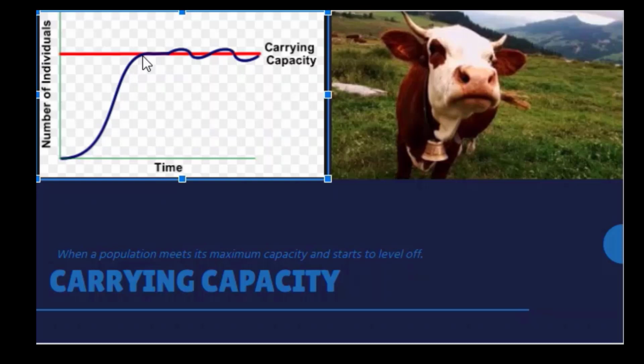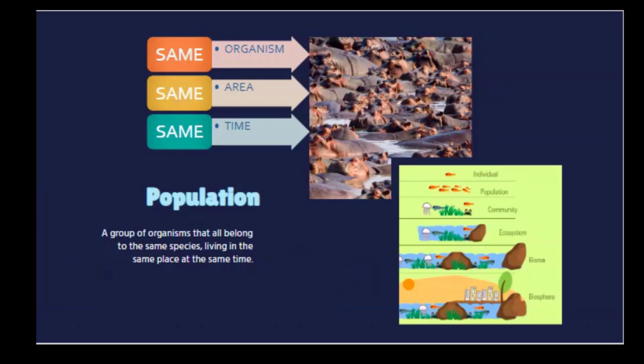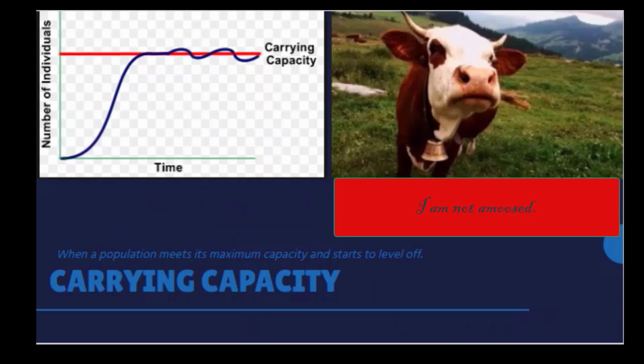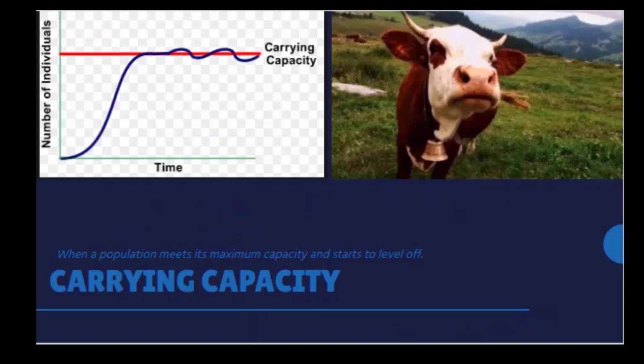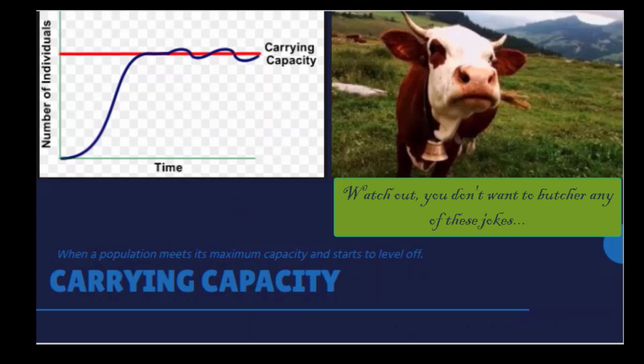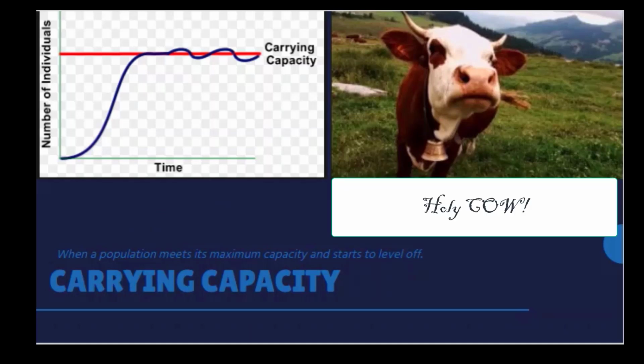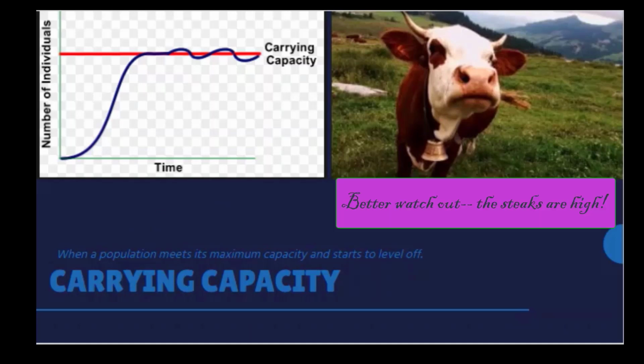And again, this is the population. So to go back to our vocab terms, a population is the group of organisms that all belong to the same species, living in the same place at the same time. Carrying capacity applies to populations, and it's where there are factors, whether it's another organism, the amount of sunlight, the amount of space they have available. So it could be biotic or abiotic that are going to impact that population's size and limit the growth. That's what we're going to be focusing on today. So keep this in the back of your mind. Scale is important. Interrelatedness of organisms is important. And of course,